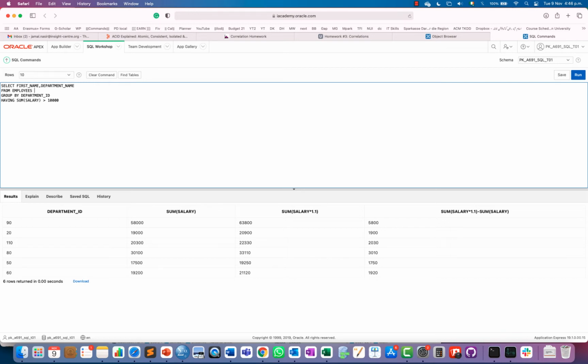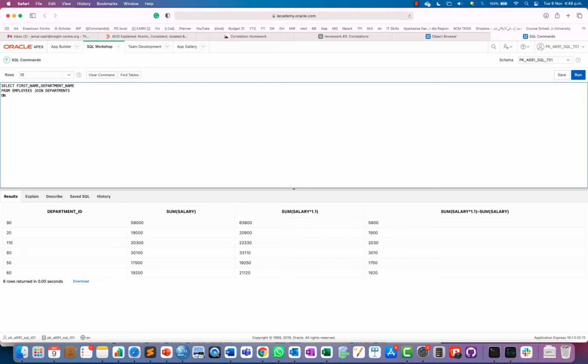From employees join departments on. You know that department ID is present in the employees table and is also present in the departments table, right? Same attribute name.